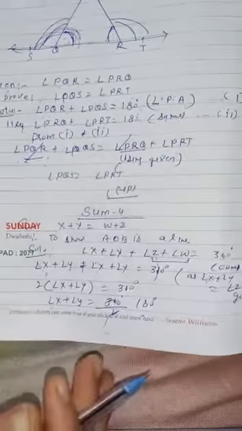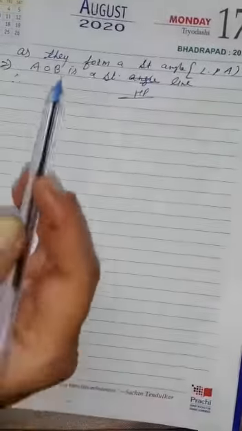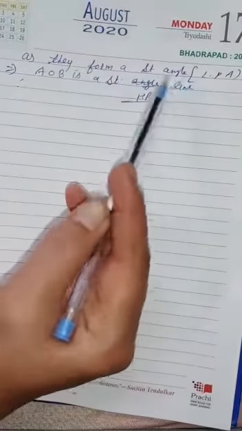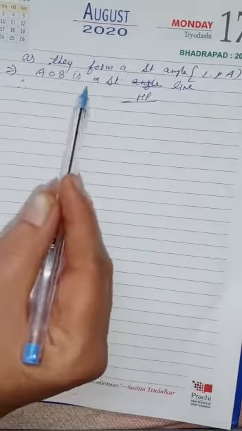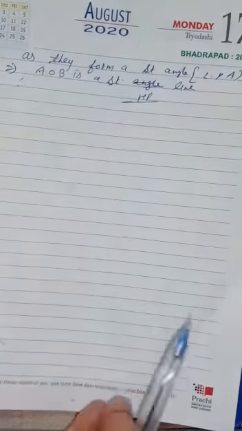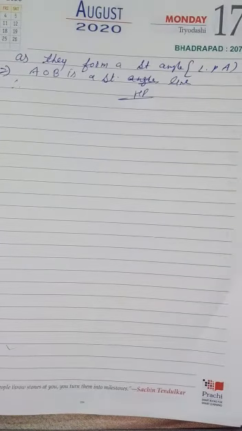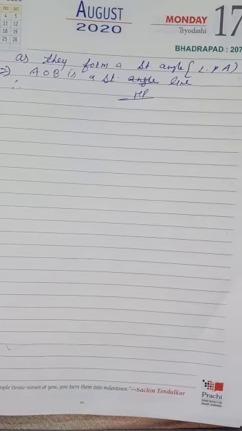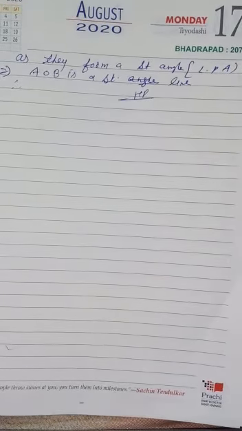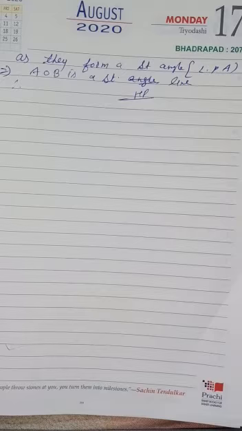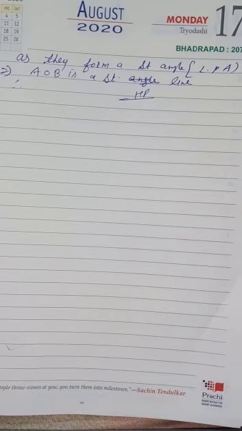Okay, what we have got is that they form a straight angle or linear pair angle, so we can say AOB is a straight line. I already told you, if you want to show that something is a straight line, you have to show that the sum of the angles is 180 degrees. I think the sums are clear. 3 sums I explained yesterday. We have done the first sum, so you have to complete sums 1 to 4 and try the 5th and 6th. Okay, goodbye students.